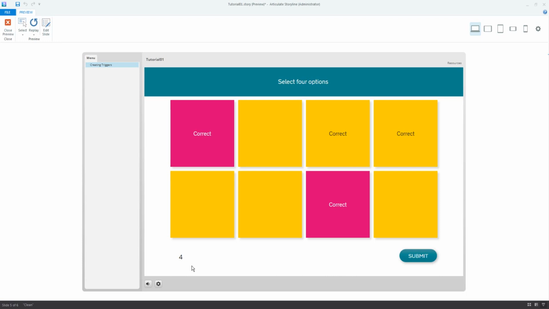But if a user deselects a card, the value of count needs to decrease by 1. Initially, I tried to resolve the problem with triggers only, but for me it didn't work. If you can resolve this with triggers only, I'd love to know what you've done, so let me know in the comments. But the solution that I came up with involves JavaScript, which I will show you in my next video. So I'll see you later.